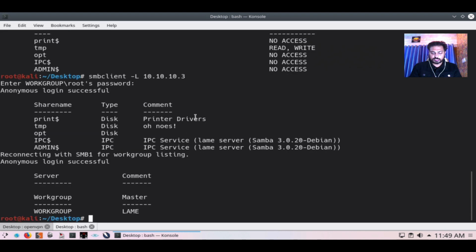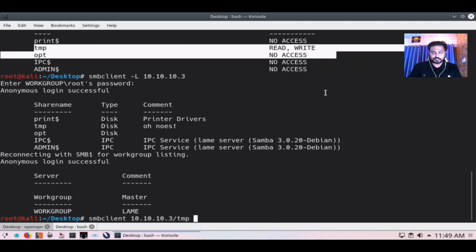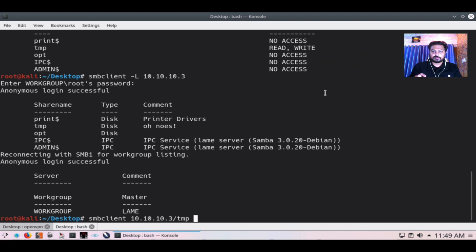Now I can use the same command smbclient again, with 10.10.10.3, and this time I am going to map this tmp directory, which has read and write permission. But remember, if you are trying this command in Kali 2020, it will not work. So it's better to switch to Kali 2019 KDE or the 2018 version. Sometimes issues happen in 2020. Even I, doing a lot of boxes, have an idea that if something is not working in 2020, it's better to switch to another platform. Sometimes if you change the operating system, it will work in a very good way.